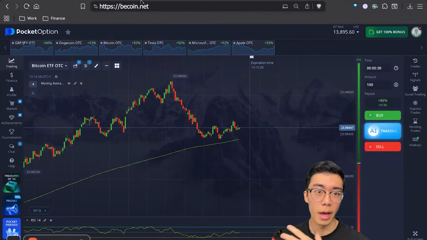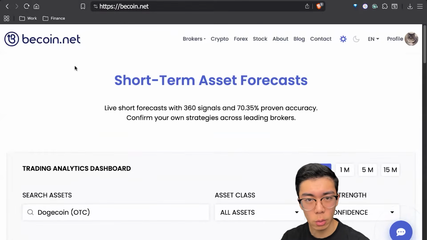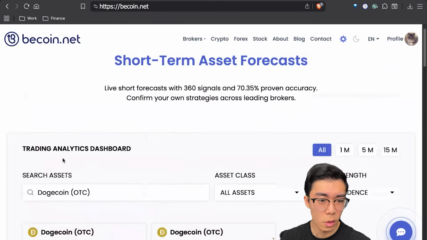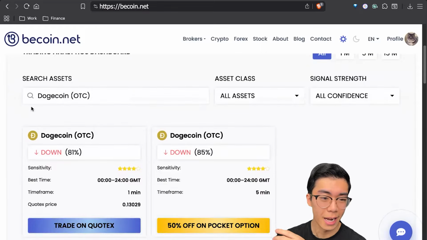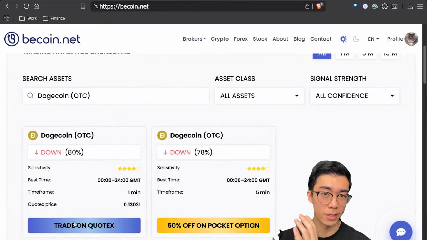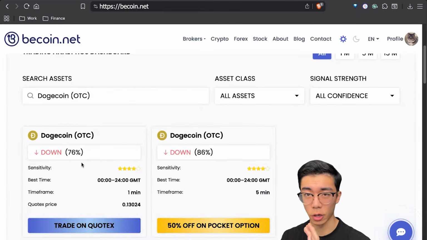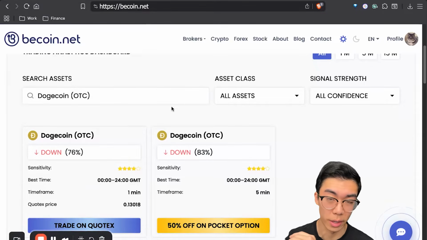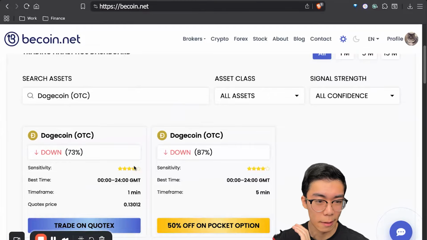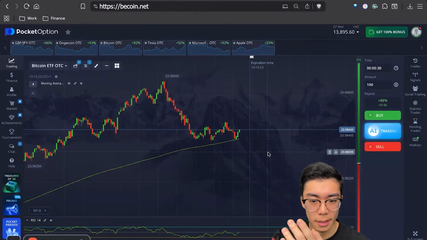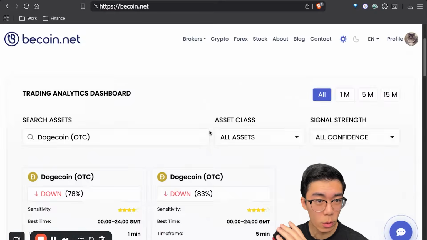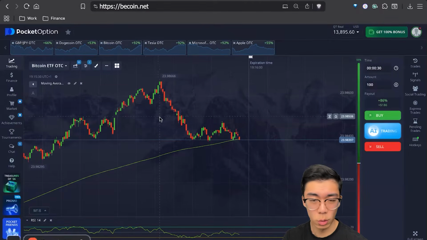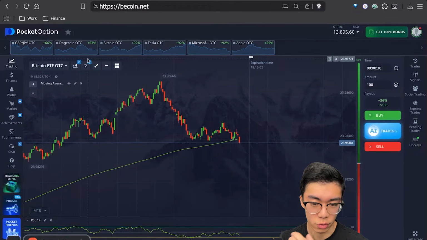And by the way, sometimes if I'm not really sure with a trade, I'll use BeCoin.net. So for example, just now I was trading Dogecoin, right? And I was looking at what BeCoin was saying about Dogecoin, and BeCoin was saying it was going to go down. And sure enough, it did go down. Okay, and now it says it's still going down actually. And I made the trade, and it was successful. Okay, so BeCoin is a helpful tool. It's also about 70% accurate, so it's a great tool to kind of reference when you're doing your trades. Okay,